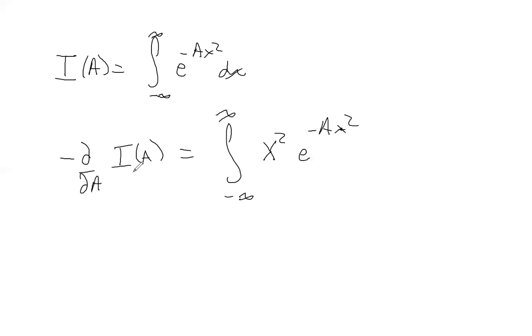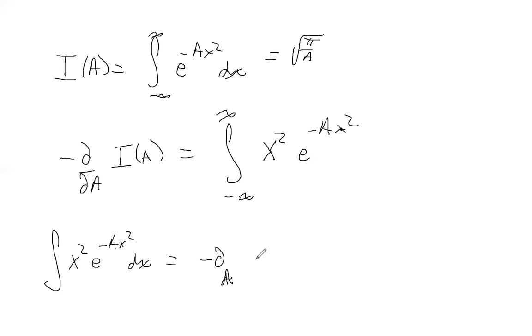On the other hand, this integral, the first integral, is nothing other than the square root of pi over a. So what we get is that the integral of x squared e to the minus ax squared dx is minus the derivative with respect to a acting on square root of pi over a. And that is going to give me square root of pi. The minus signs go away. I get a factor of a half, and I get